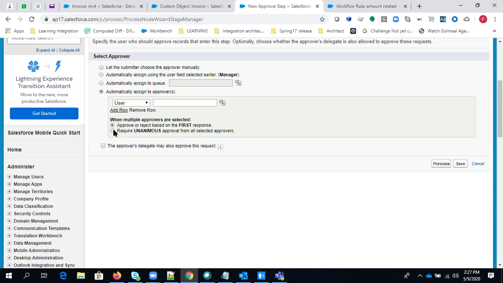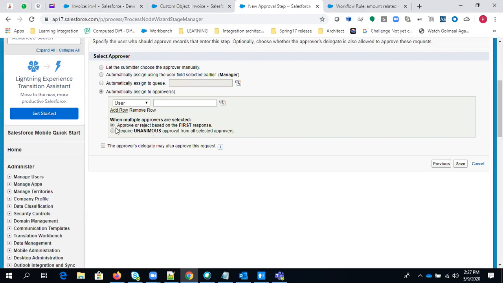But if you select the second one, then it will require unanimous approval from all selected approvers. So all the users you select here have to approve that record, and only then will that record be considered approved, right? So this is how you can do this.